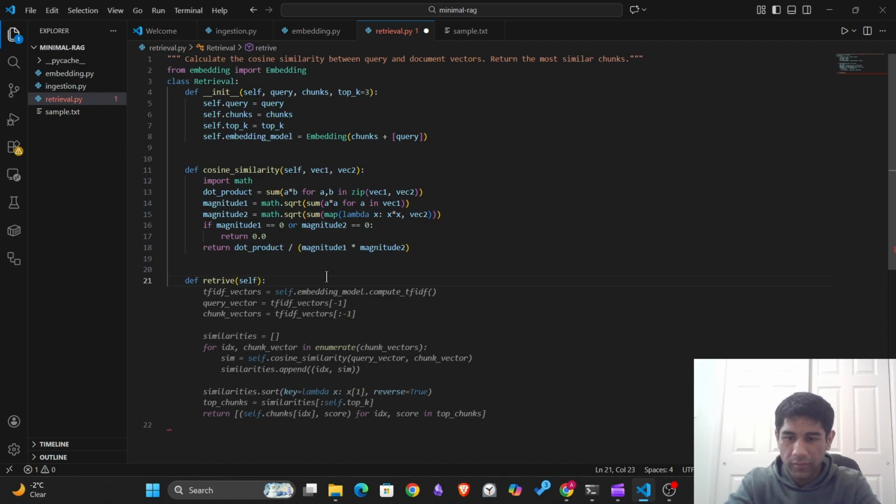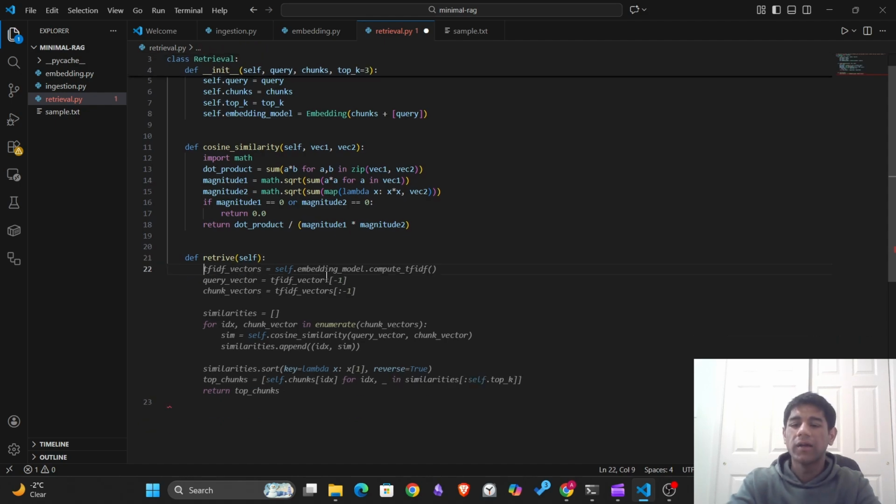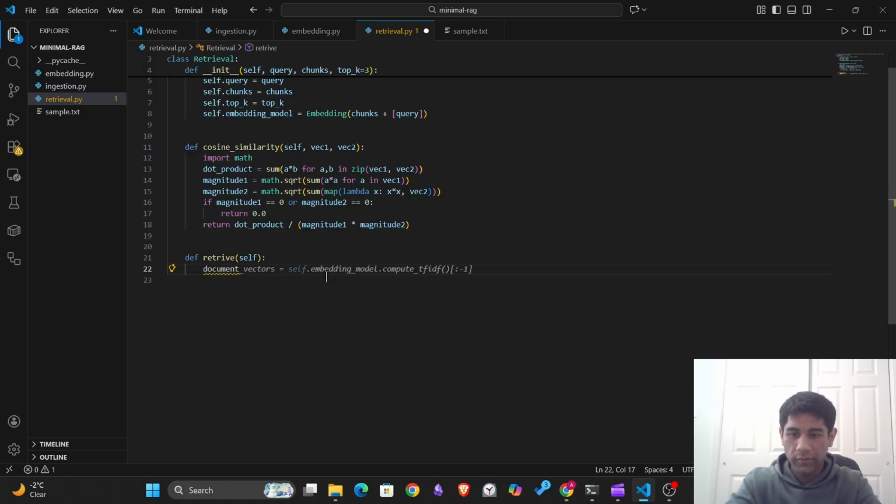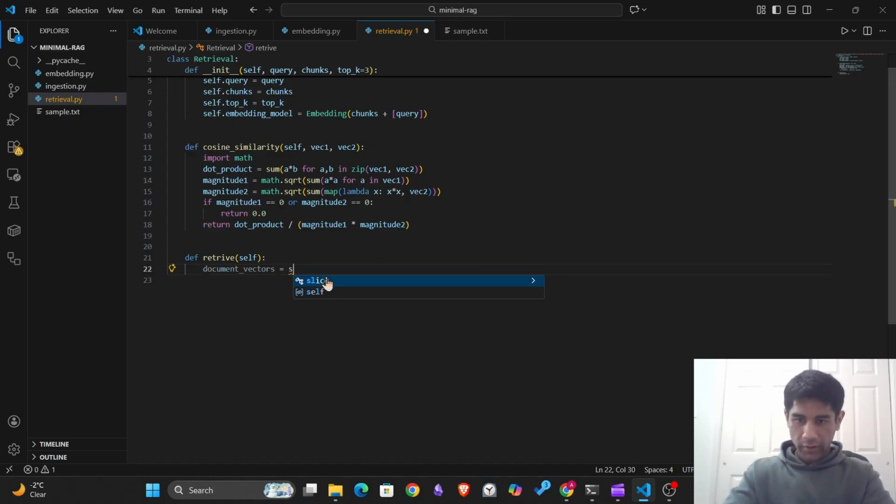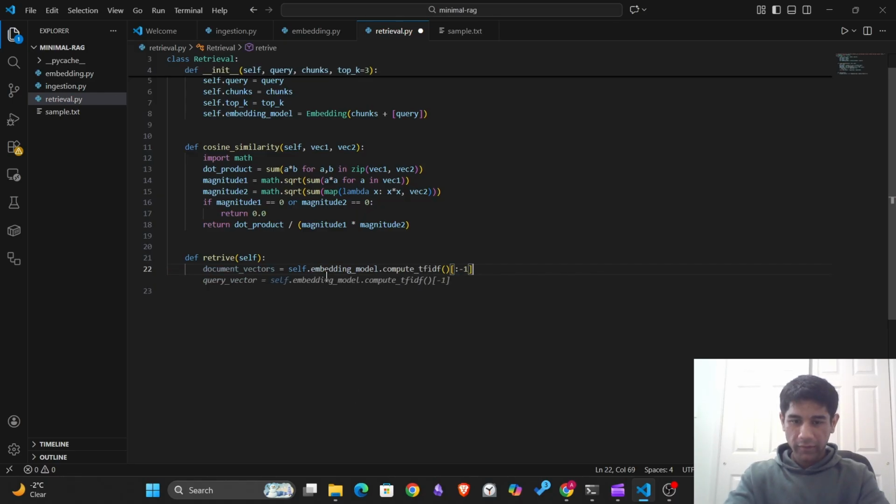So document vectors, we are going to be embedding model dot compute TF-IDF, and we are not including the last one, because the last one would be the query, the embedding of the query. So the last embedding we are not including, and query vector is just going to be